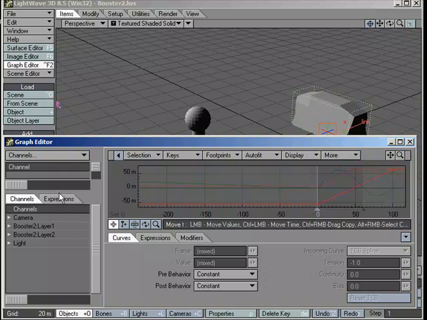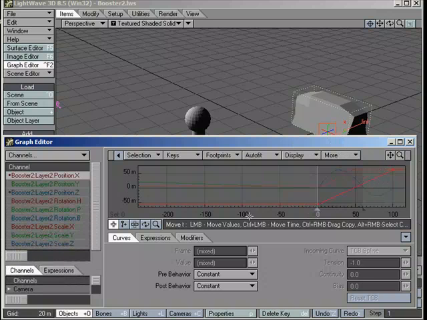So the channel I'm looking at here is booster 2 layer 2, this block over here. Position X is the X channel, and you can see in the channel bin with this channel selected, you can see a little dot beside it, and that represents a plugin. There's a modifier plugin